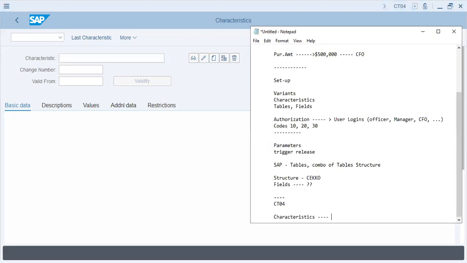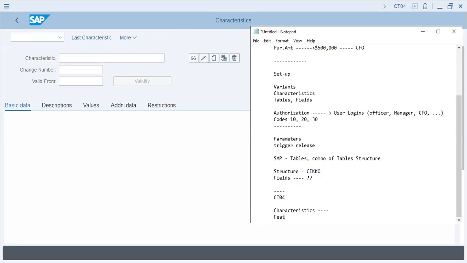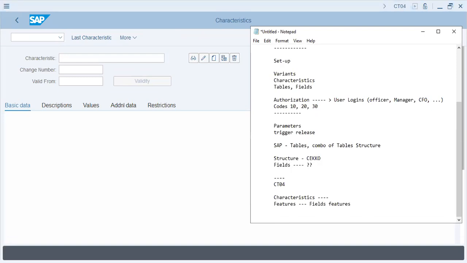Now, what are characteristics? These are features that we'll be using, or fields features that we'll use for release strategy. Okay. Now, for example, we will be using